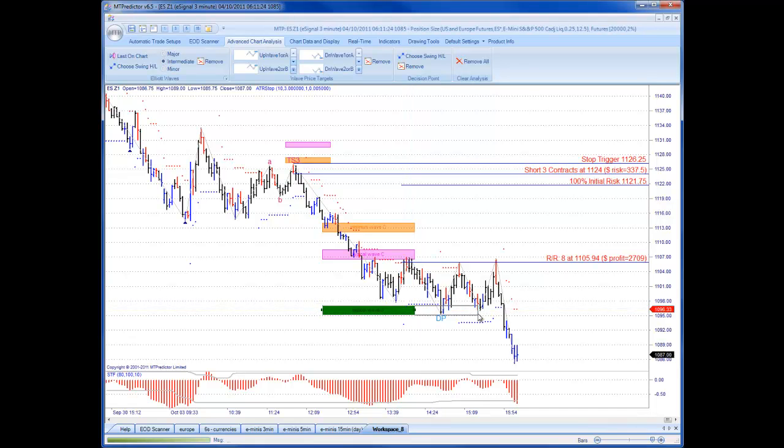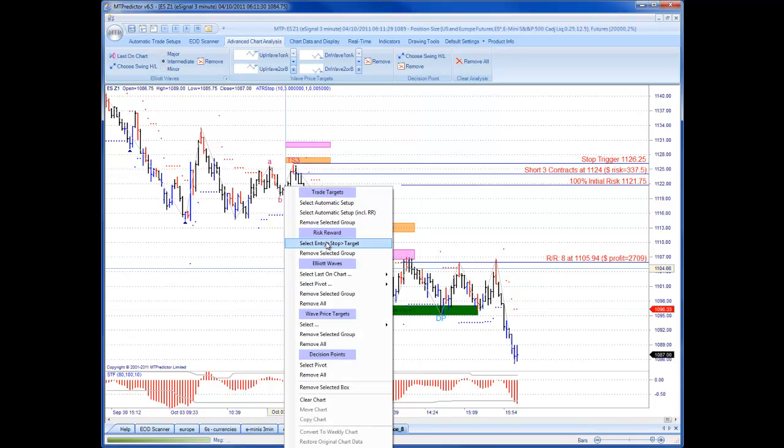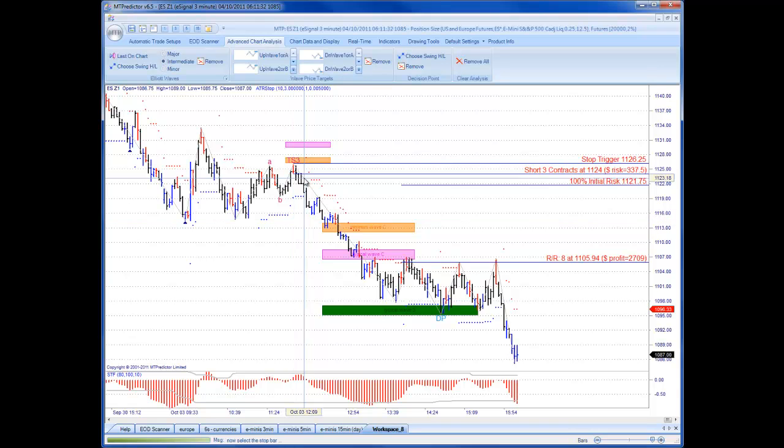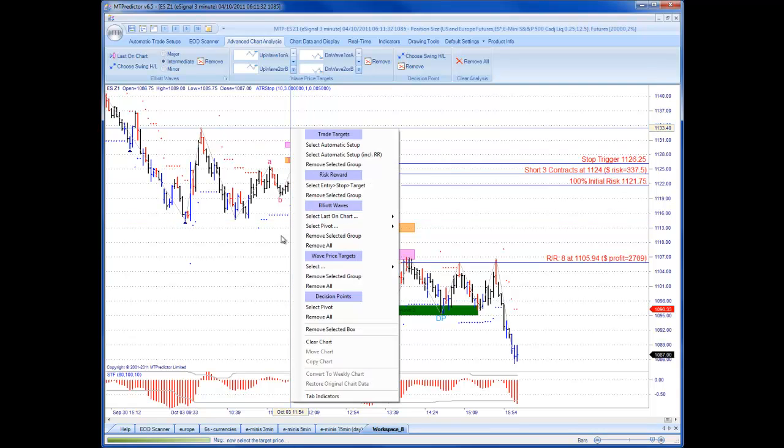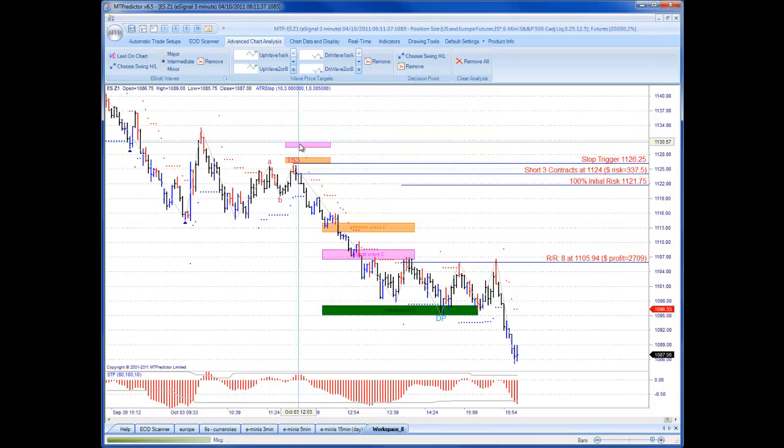However, if you had held on to the 1096 level, which would have also coincided with our typical wave 3 WPT, as we've already seen, that could have increased your profit to